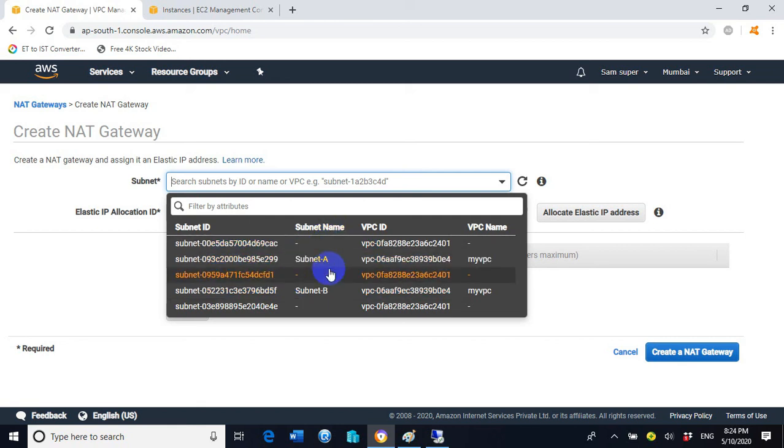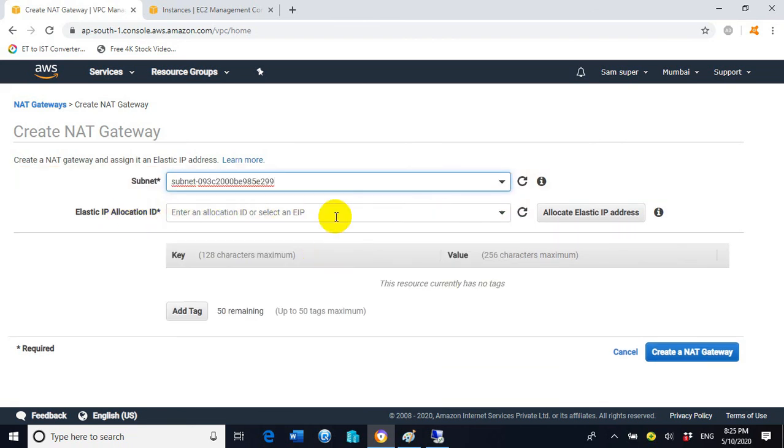So here subnet A is a subnet along with which the internet gateway is associated. So that's why we need to select subnet A. We cannot choose subnet B, because along with the subnet B, the internet gateway is not associated and the internet is not coming inside the subnet B, right? So we have to choose only that subnet in which the internet is working and the internet gateway is connected. So choose subnet A,